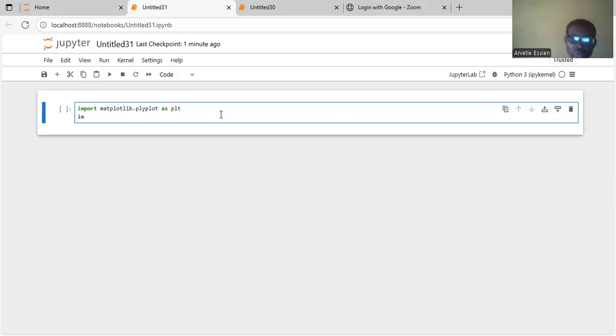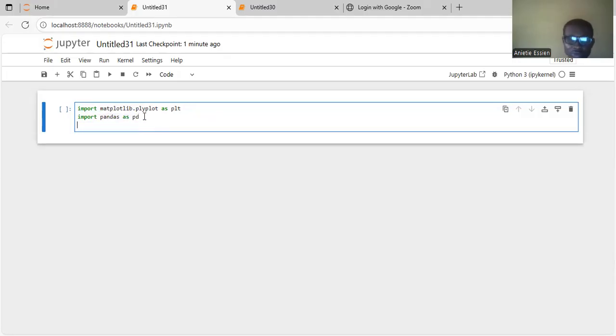Then we are going to import pandas. Import pandas as pd. Okay, now we're going to use this pandas module to import the Excel spreadsheet. So with pandas,